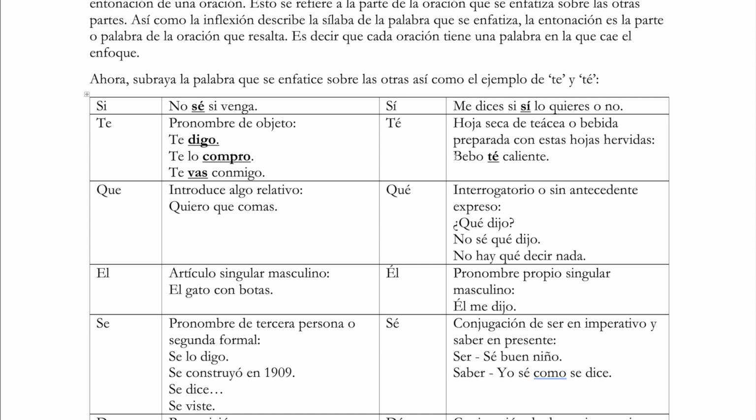So for example, if you want tea, this means tea, you're going to emphasize tea. So notice, bebo té caliente. You're going to emphasize the tea, you're not going to emphasize the verb. If you emphasize the verb, it's going to sound strange. It would sound such as, bebo té caliente. Sorry, it just sounds funny. I apologize. No, that's just wrong. You're going to emphasize that.